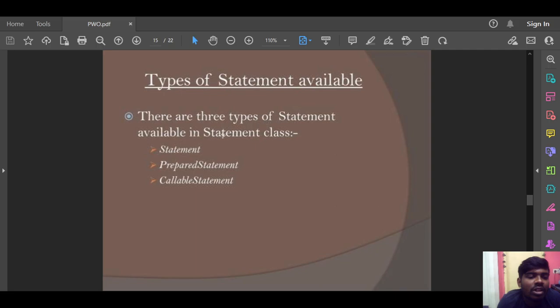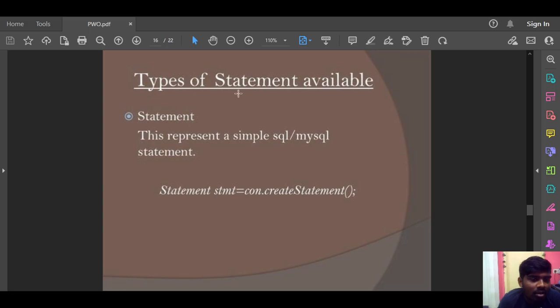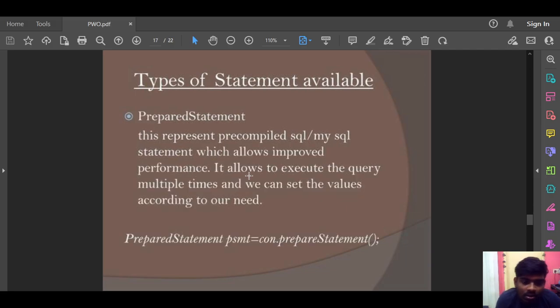Types of statements available. There are three types of statements available: Statement, PreparedStatement, CallableStatement. Statement represents a simple SQL or MySQL statement, Statement stmt equals con.createStatement. PreparedStatement represents a pre-compiled SQL statement which allows improved performance.